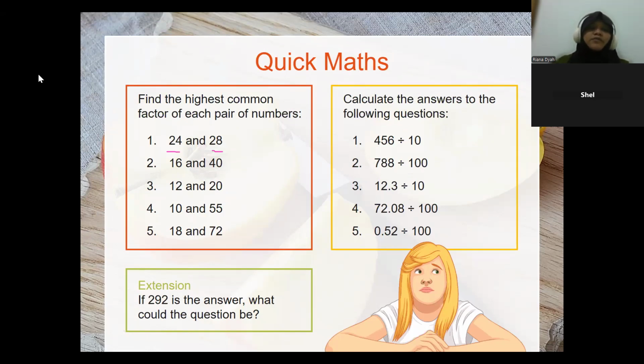Do you still remember what is the highest common factor of 24 and 28? So we can start by finding the factors of 24. You can make it in your book. Factors of 24, it will be 1, 2, 3, 4, 6, 8, and then